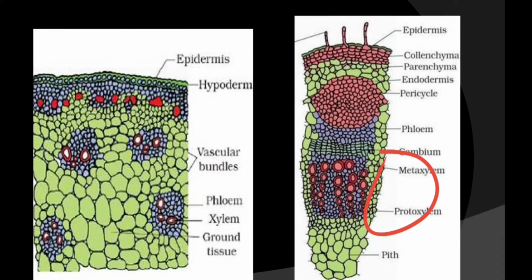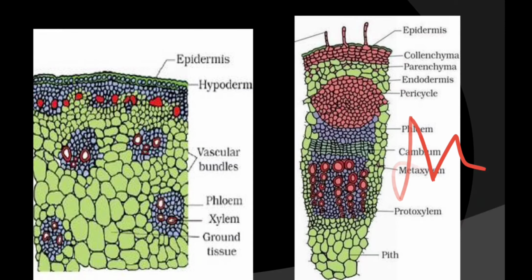And in the xylem, you will see that metaxylem and protoxylem are there, but the protoxylem is towards inside, and as we move outward we will see metaxylem. Such an arrangement in which the protoxylem is inward and metaxylem is outward is known as endarch. Right, in the root we have seen protoxylem is on the outer side and the metaxylem is inward. So such an arrangement is called exarch, but in the stem you will see the endarch type of arrangement of the xylem.